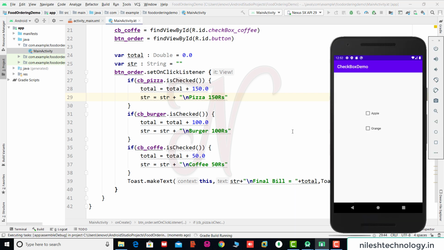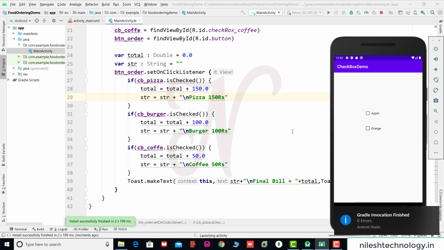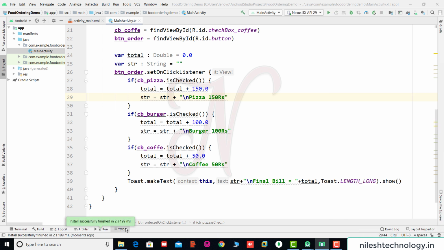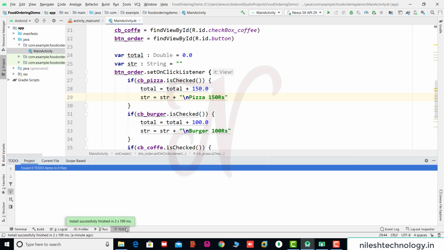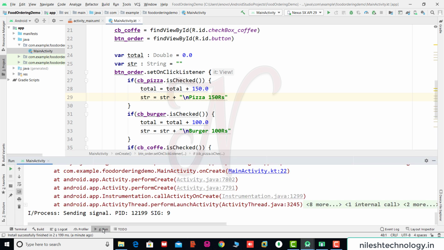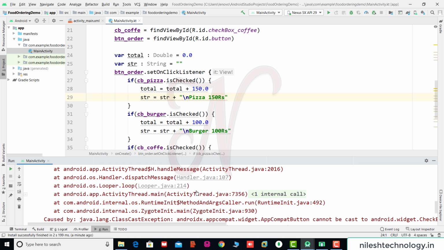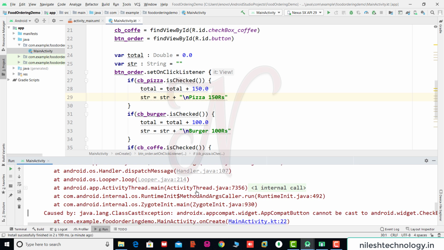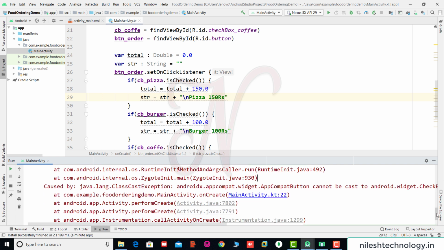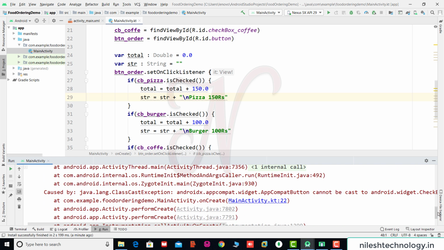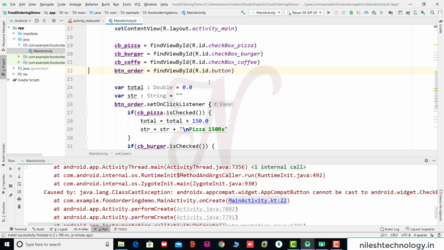So see here, see there is an error. So going to this run mode, see MainActivity line number 22.